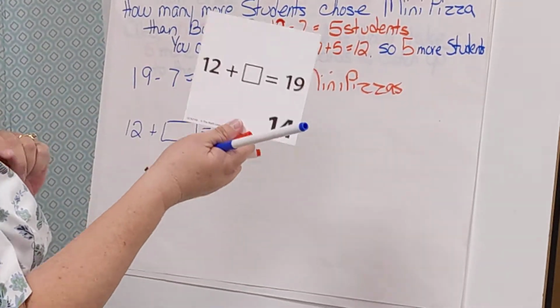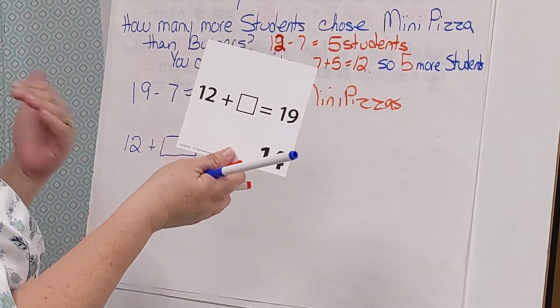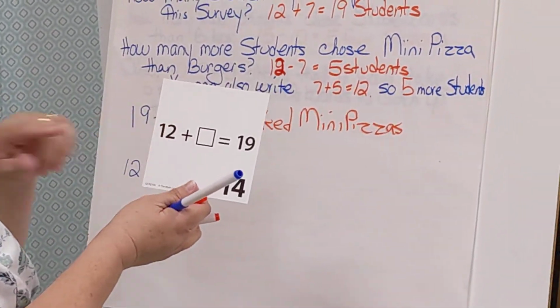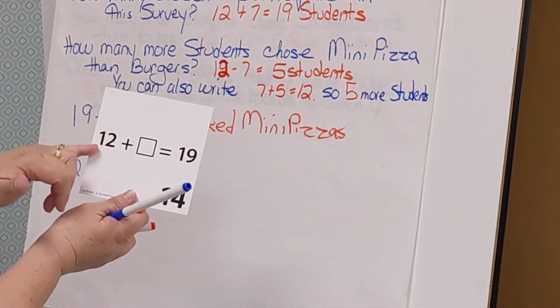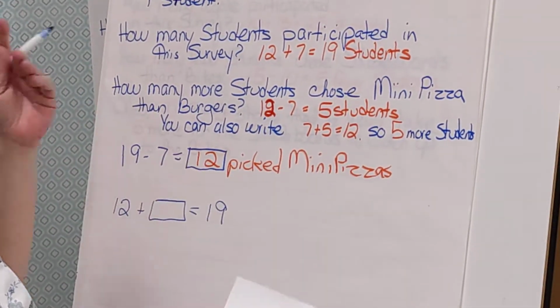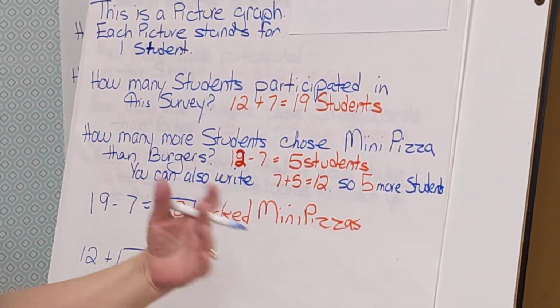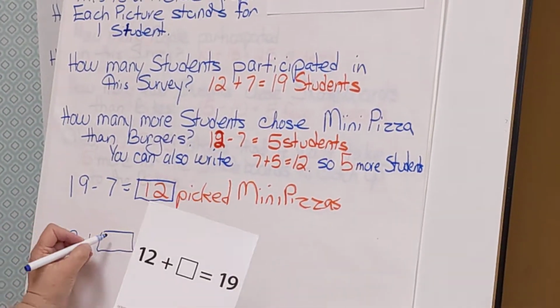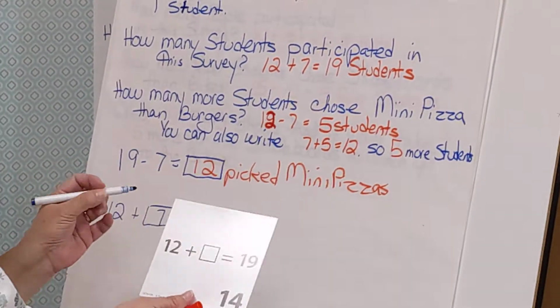Yep, I think you guys are right. This equation is asking how many people picked burgers, because we know that 12 people picked pizzas. Many sounds like I'm saying many, like a whole bunch, but it's many. So we're going to say 7